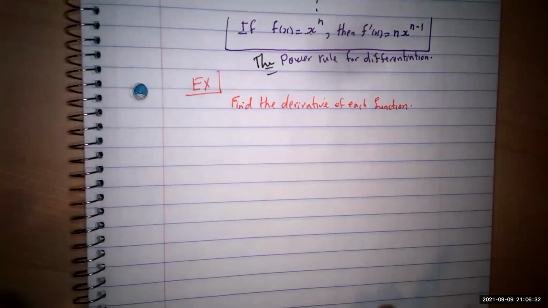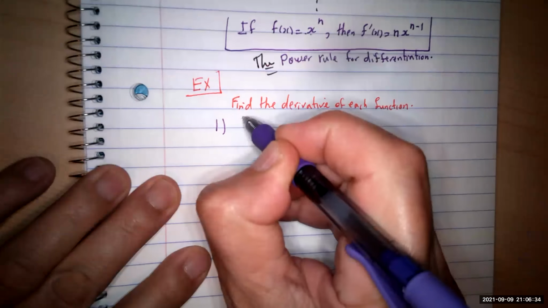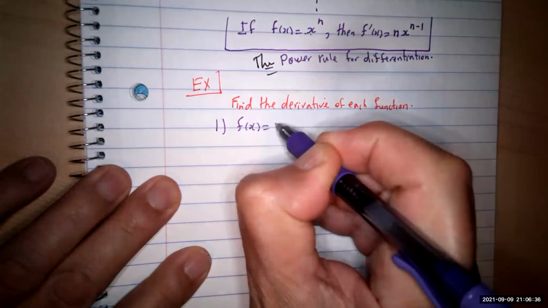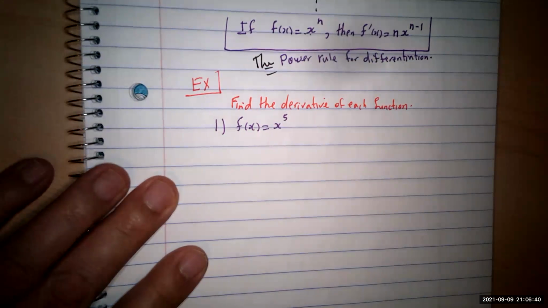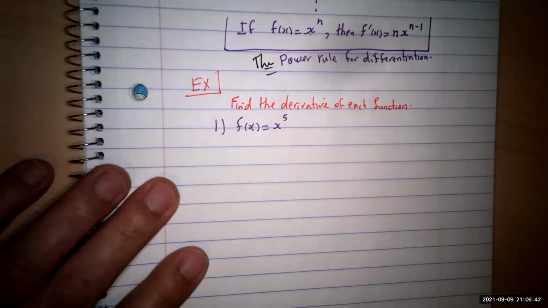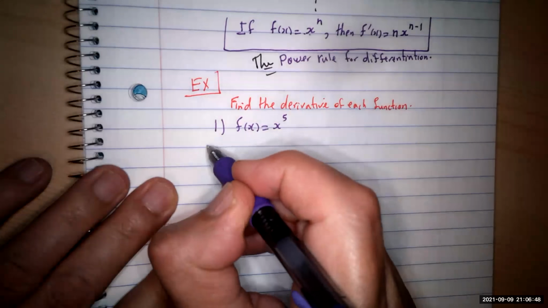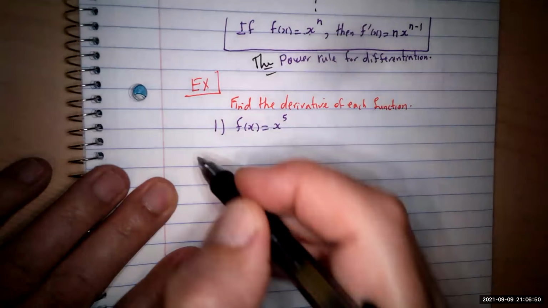Okay, case 1. f of x equals x to the 5th. That's it. It's a power function, so we use the action of differentiation: bring the 5 down, reduce the power by 1 unit. So the solution is going to be